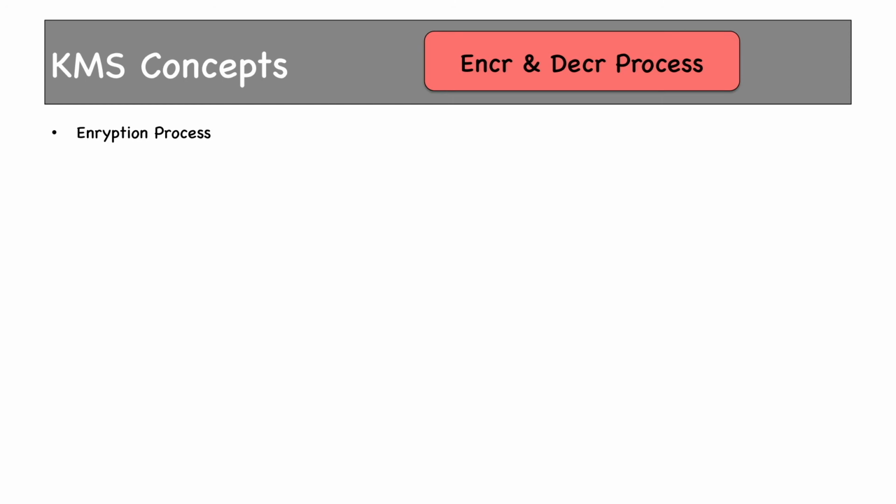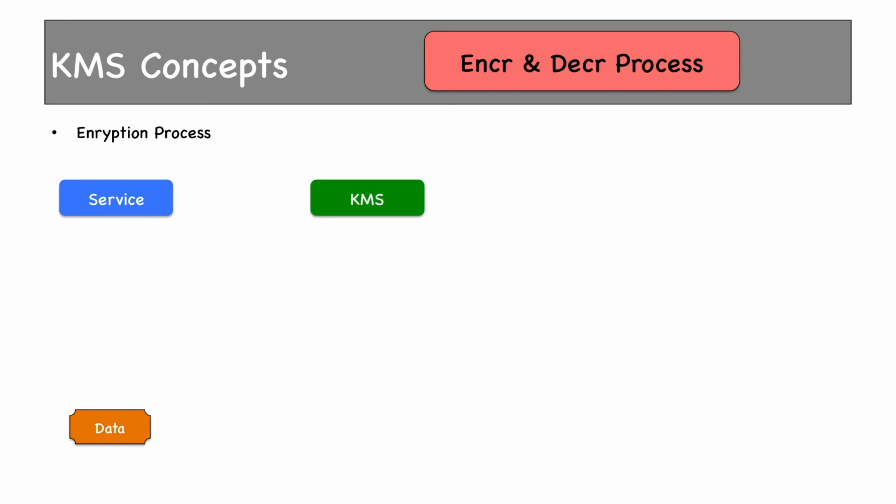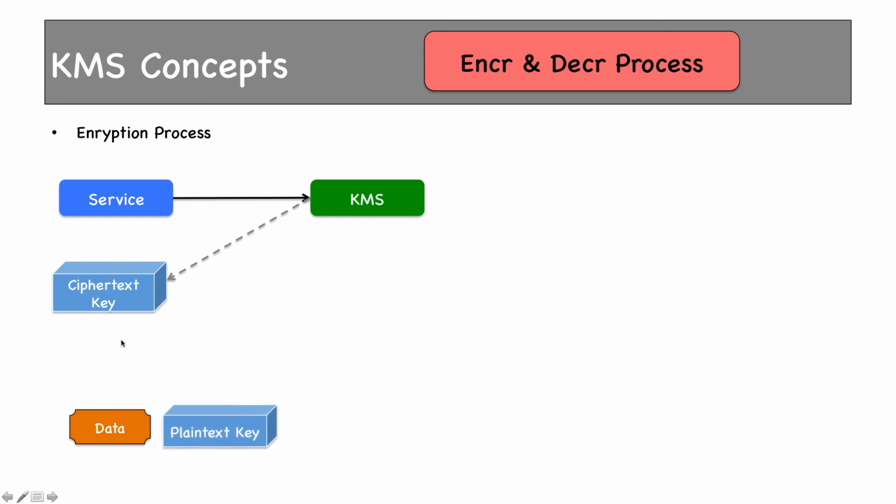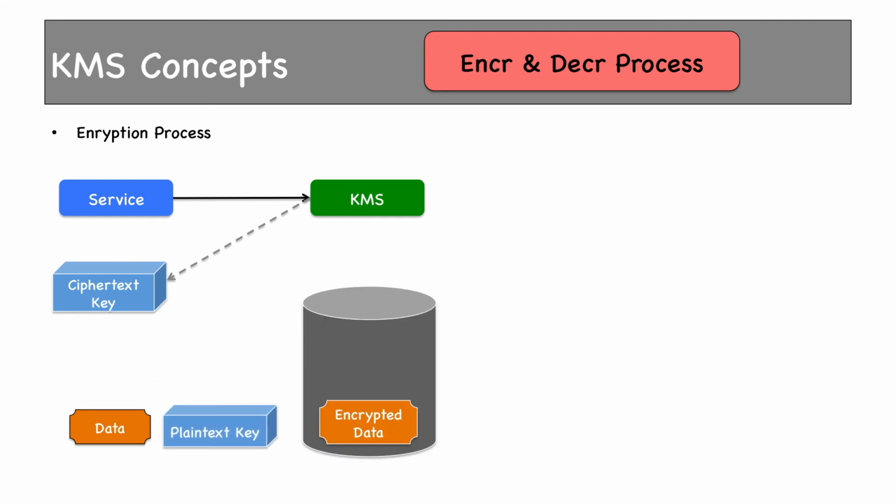First, the encryption process. This is the AWS service you are using. It can be anything: application in an EC2 instance, EBS volume, RDS DB instance, or anything else. And this service handles this data, which needs to be encrypted before storing, and the encryption has to be done by a KMS CMK. To encrypt data, this service will make a call to KMS. KMS will return key in ciphertext and also in plain text. This plain text DK will be used to encrypt this data and store it in a device.